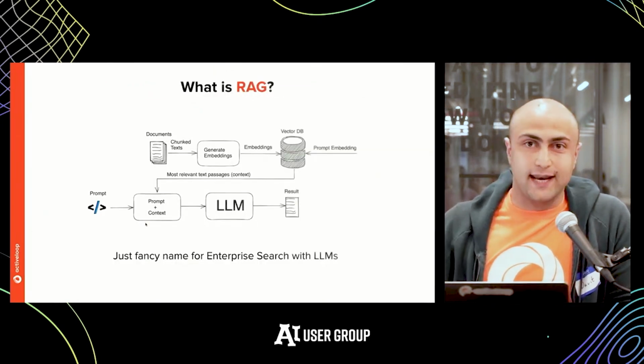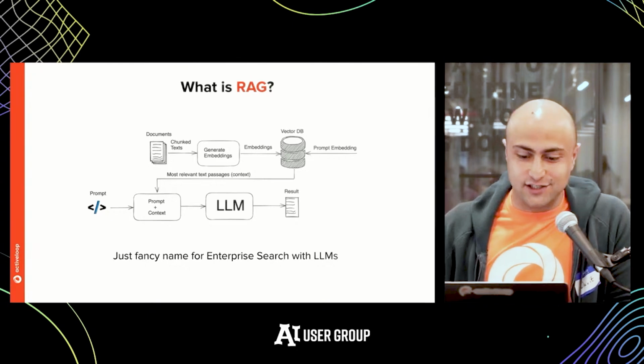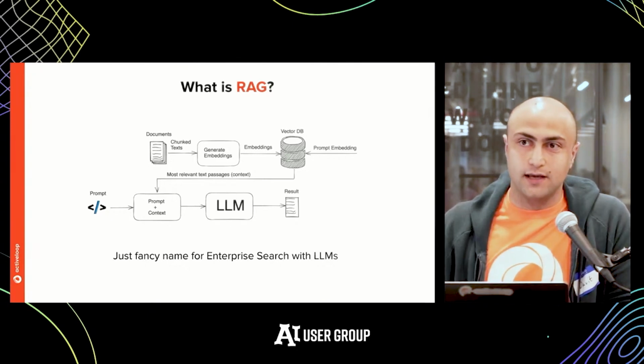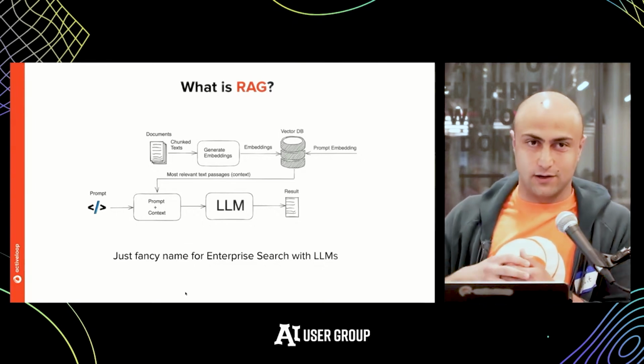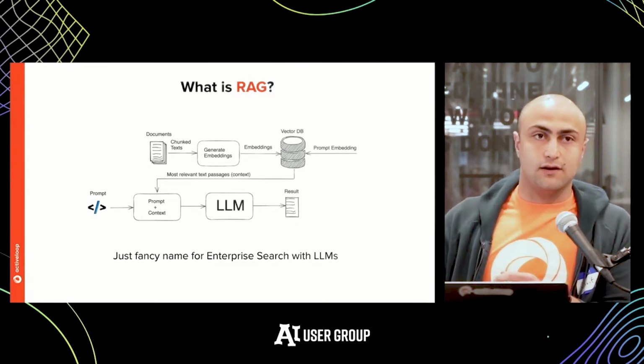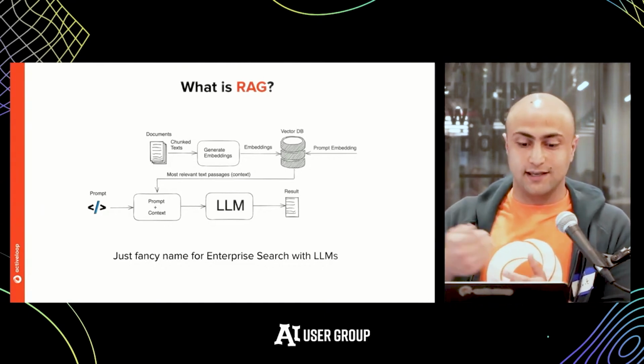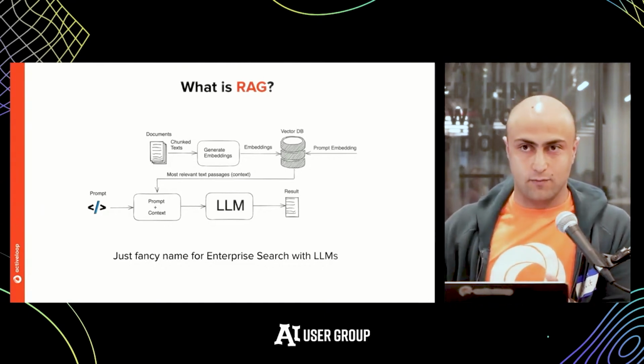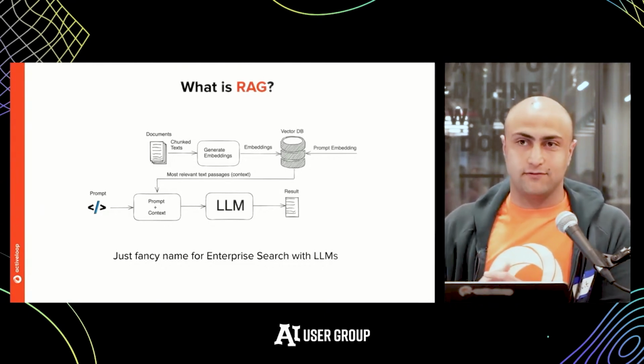So before we get into why RAG is not enough, let's get back to what RAG is. RAG is just a fancy name for enterprise search. What's happening is that you have a query, you get this query into an embedding space. Basically, you have a vector. You run this vector inside a vector database where you compare it to other vectors that already exist from the corpus data, and then you find the top 10 relevant ones and give this into the context along with your prompt to the LLM, and you get the final result.